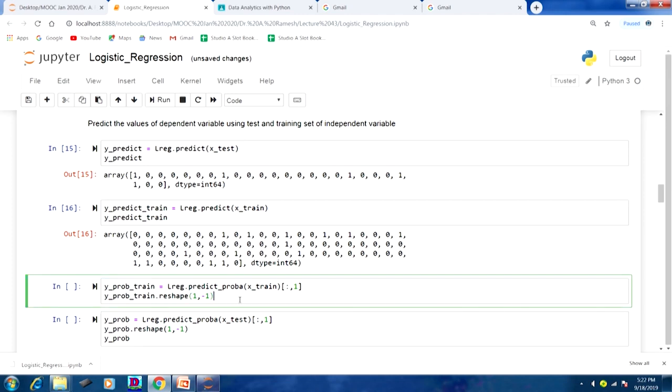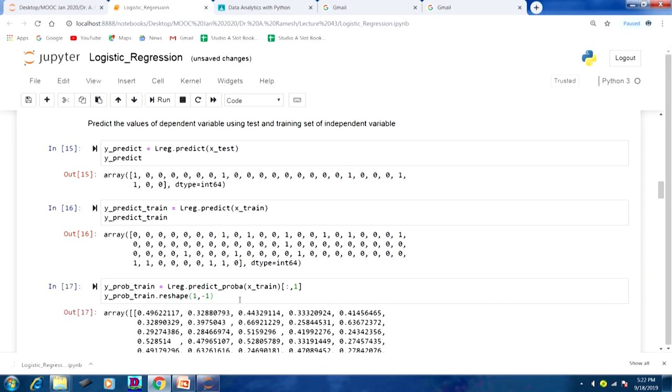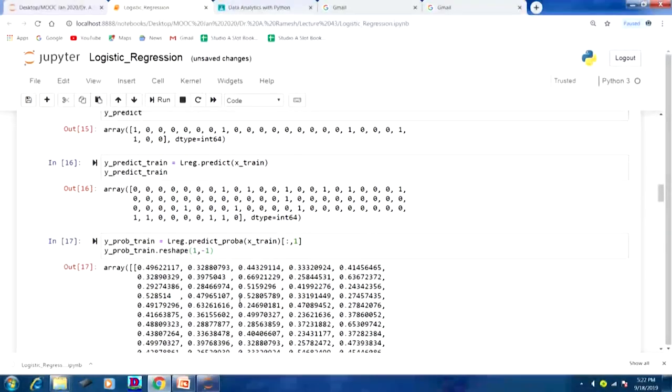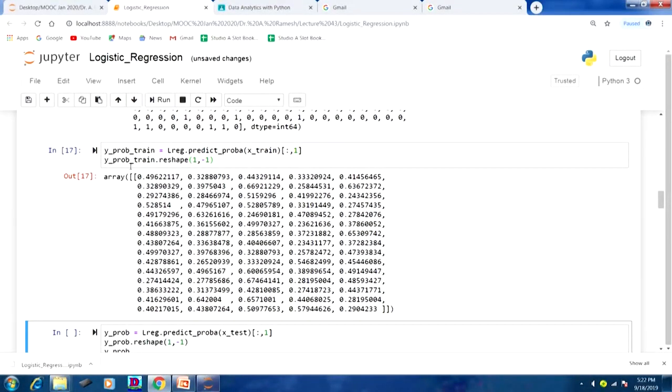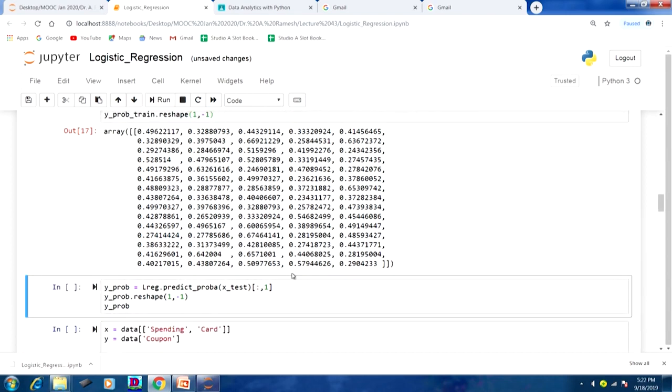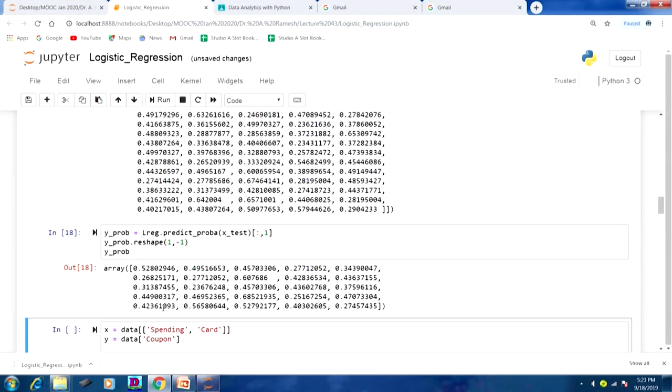Now, we will get the probability value for this. So, this is the probability for our training data set. There will be 75 data points, each with a different probability. Our question is, what should be the threshold value or cutoff value, so that we can classify this as 1 or 0. For the test data set also there will be 25 data points, and we can get the probability.